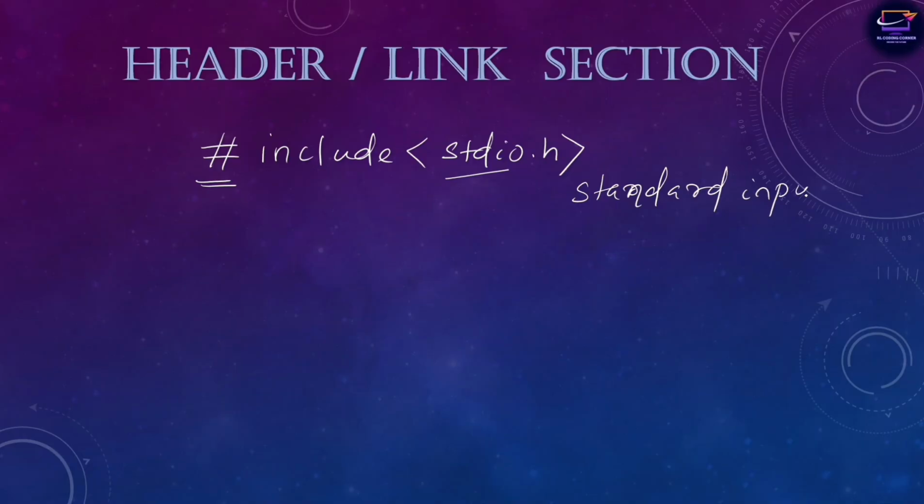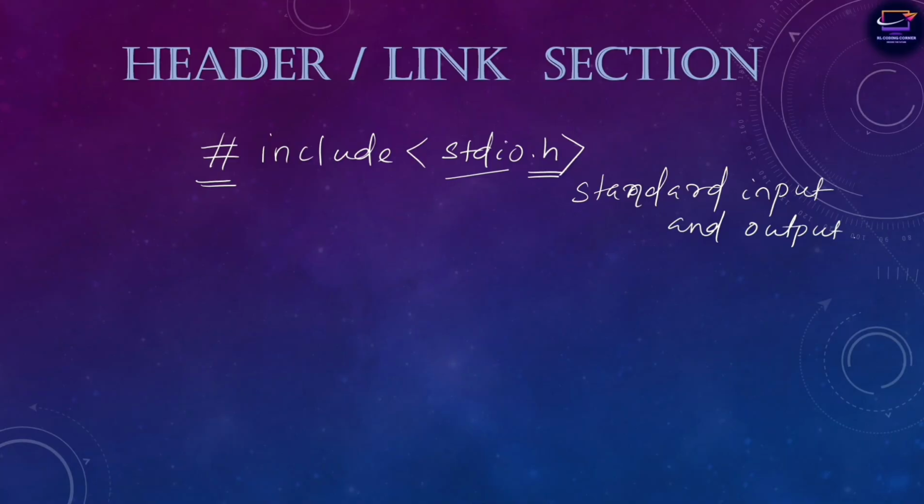Standard input and output. Dot h for what? Dot h is the extension. Why? Because it is a header file. So stdio, since it is a header file, we use the dot h extension and include that header file as stdio.h. Okay. Now there are some predefined functions in C library, that is built-in functions, and we use